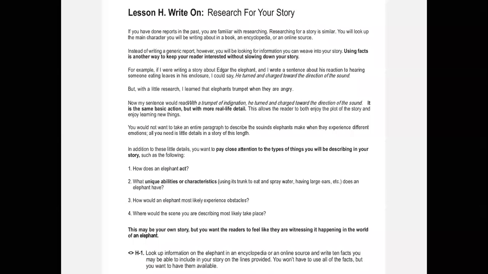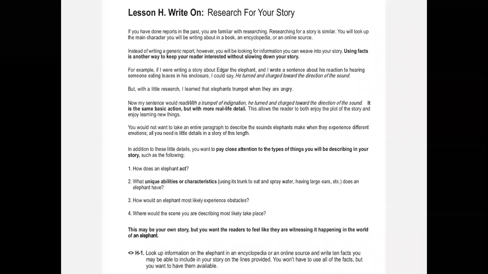So we want students to research for their story writing, right? All story writers research, right? If you've ever heard an interview with a story writer, they're like, well, I researched for a year and then I wrote for a year. And you're like, wow, right? And so let me just read what Joshua has here. It says,